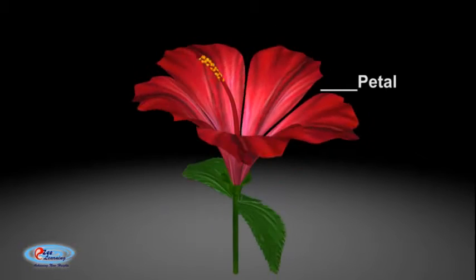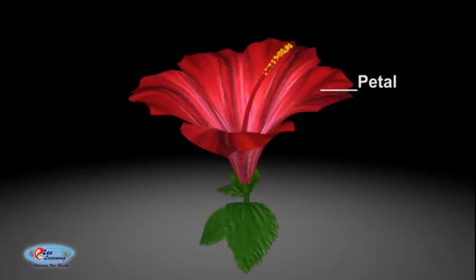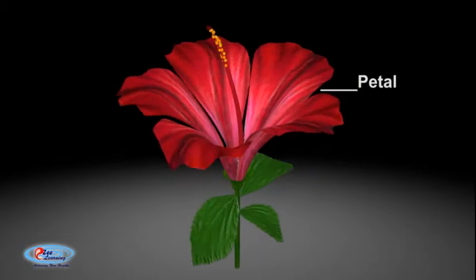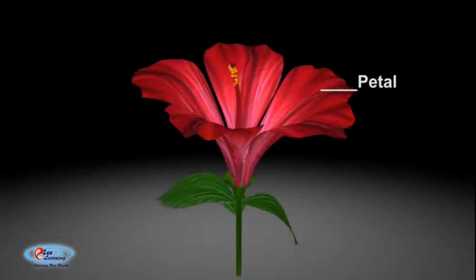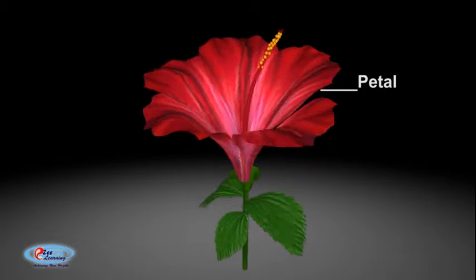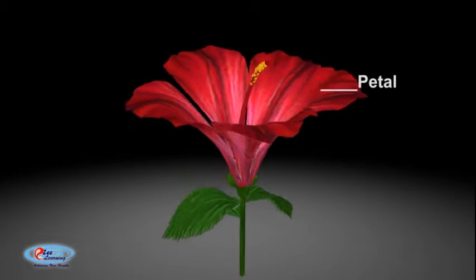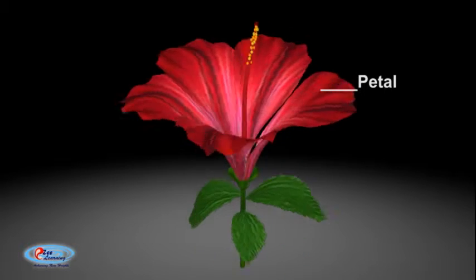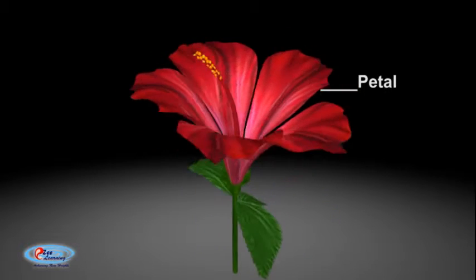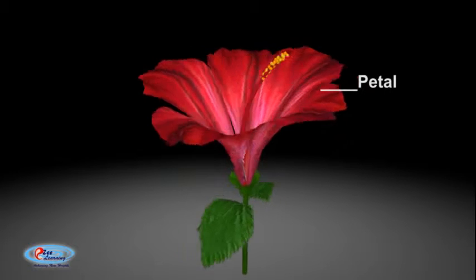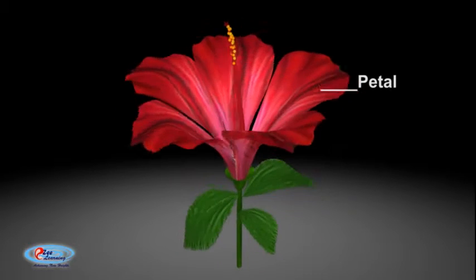Petals. Petals are modified leaves that surround the reproductive parts of flowers. They are often brightly colored or unusually shaped to attract pollinators. Together, all of the petals of a flower are called a corolla. Petals are usually accompanied by another set of special leaves called sepals that collectively form the calyx and lie just